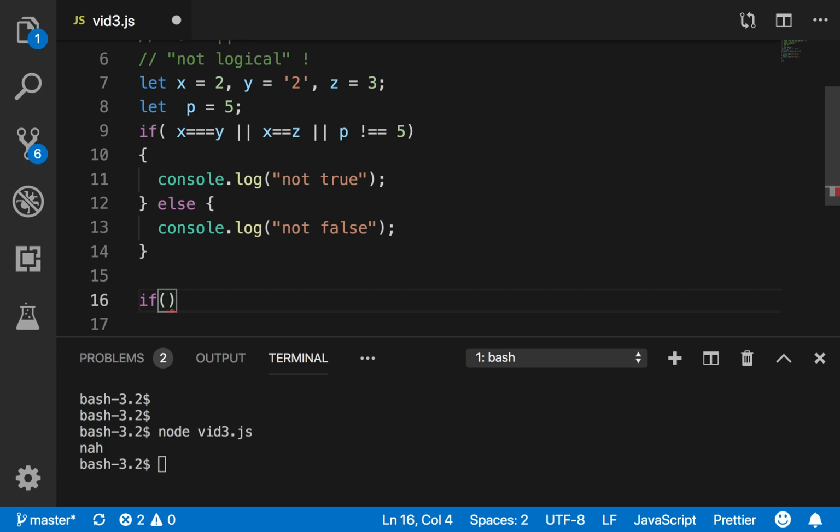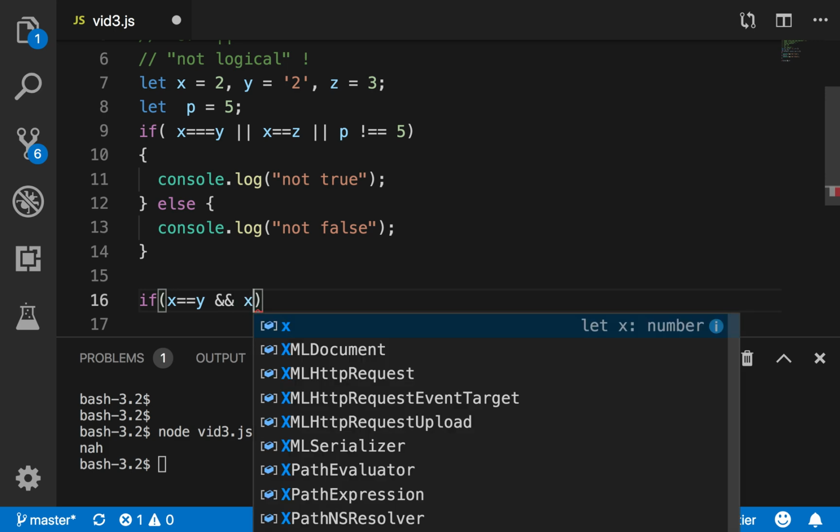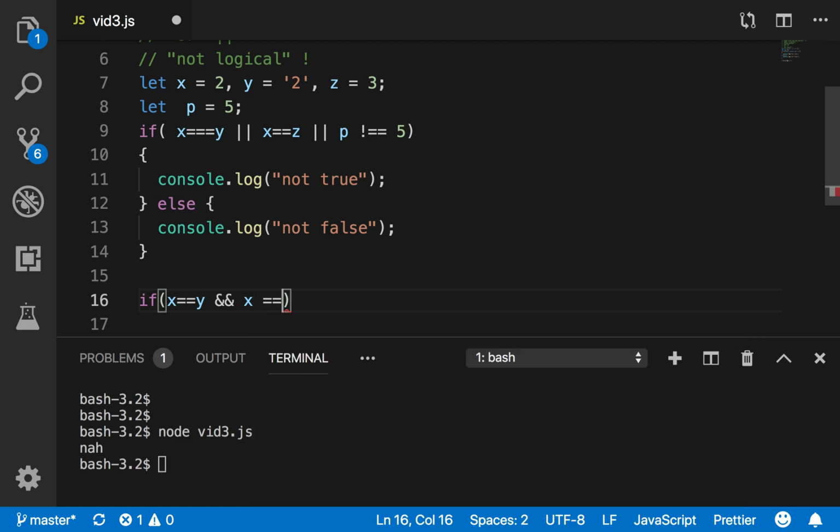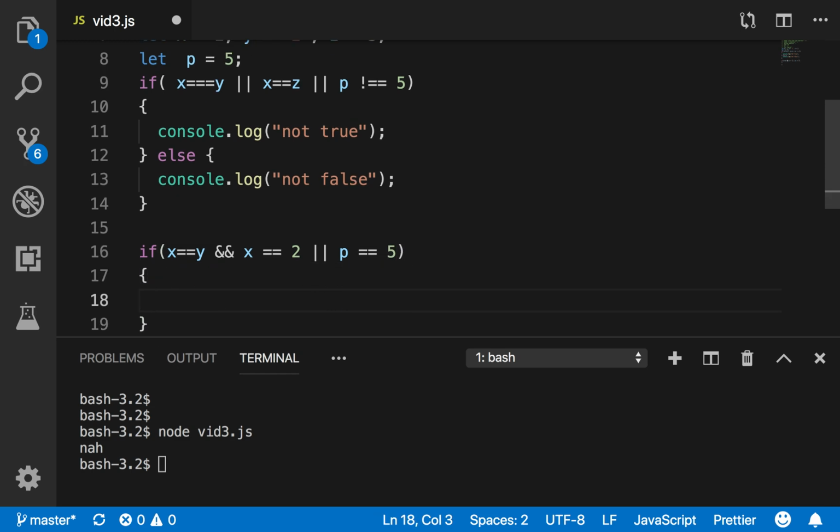Is x equal to y and x and x, and we can say, is x equal to 2, and then we say, is p equal to 5. So if this is true,